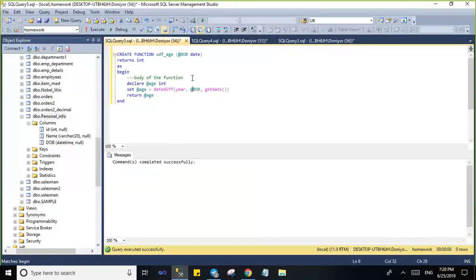So now we provide this value, it's a date, it will put it here, and it will calculate the difference between today and that provided date, and then it will pass that to this age variable that we just created inside